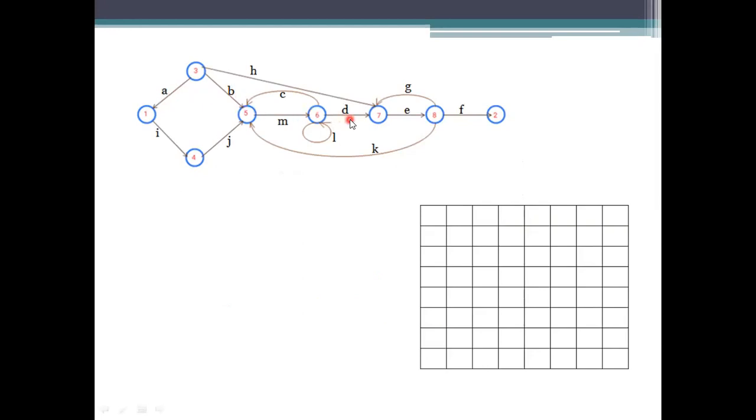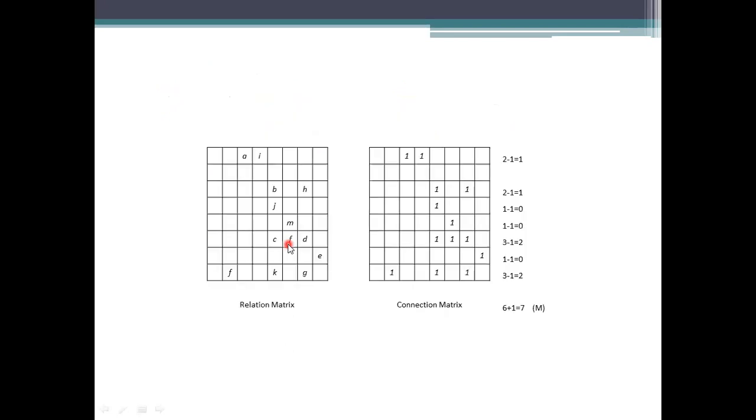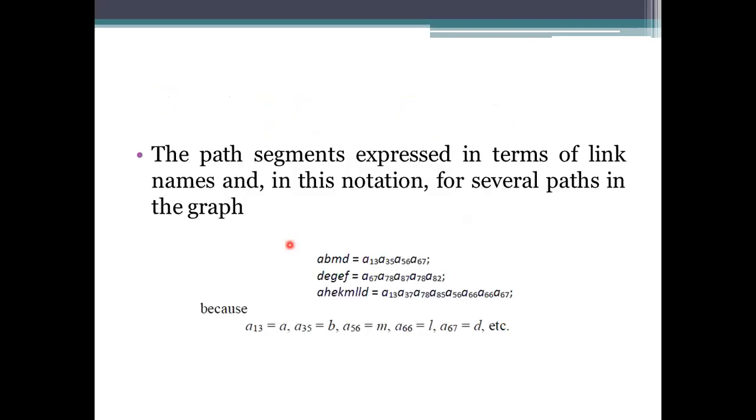A is a link name that we are using, and it specifies whether the edge is being used or not. If it is using the edge, we specify that ABMD has been taken into consideration, and A is the link which is present between 1 and 3, then 3 and 5, 5 and 6, and 6 and 7. And coming to the next one, DEGEF.